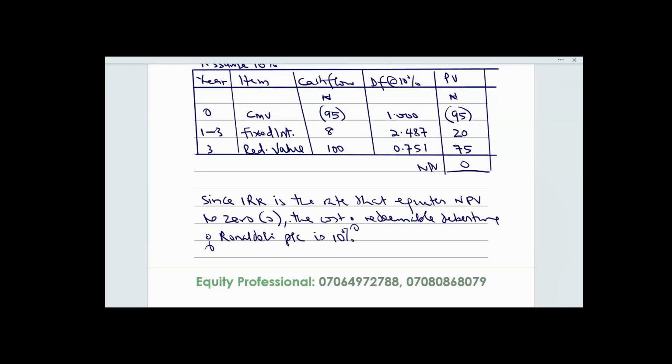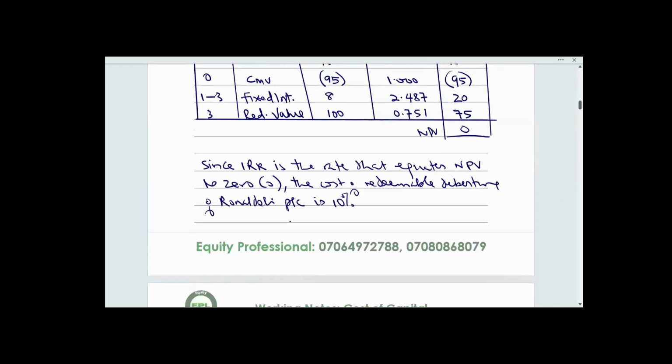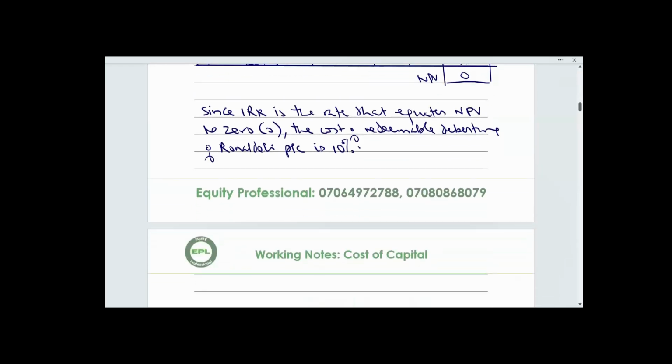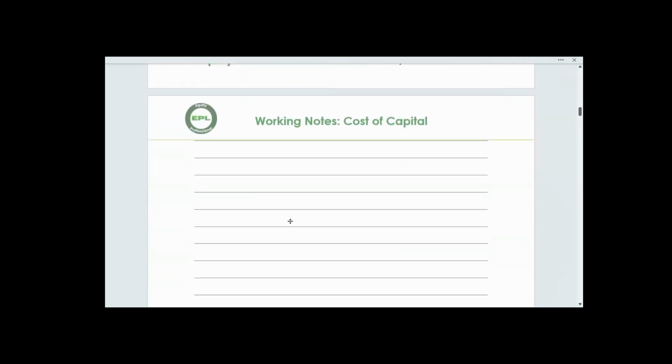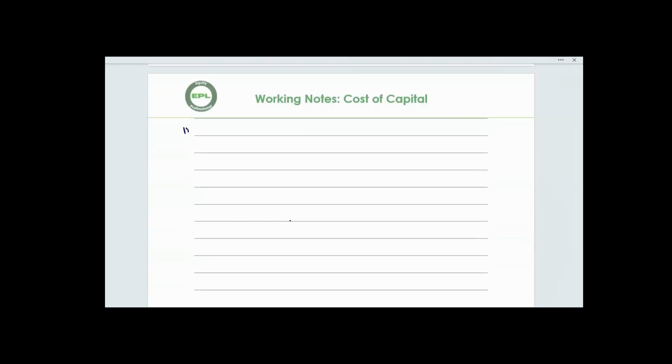Okay? That's it. In this case, you don't need to calculate internal rate of return again because you have found your answer. So that's that. Then number 2,